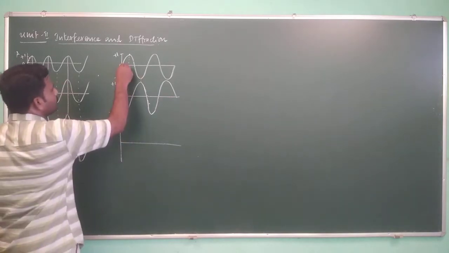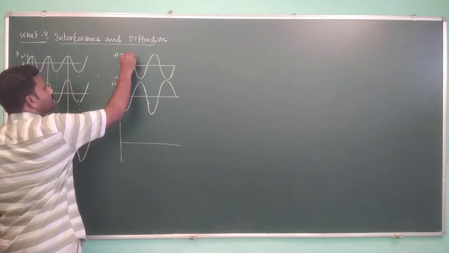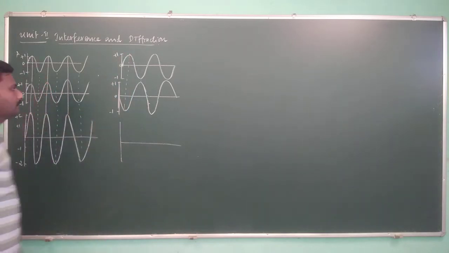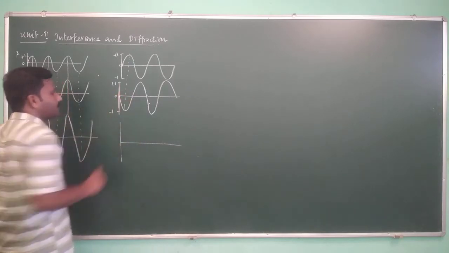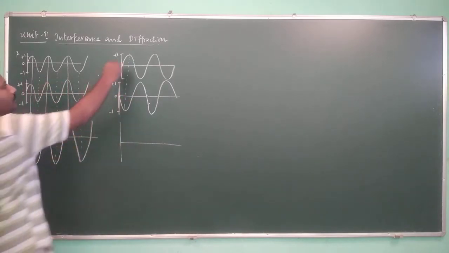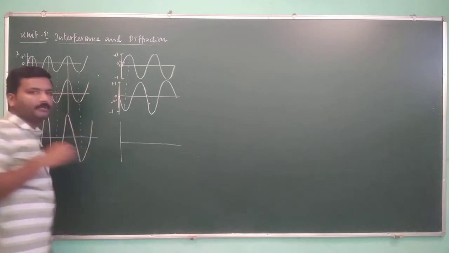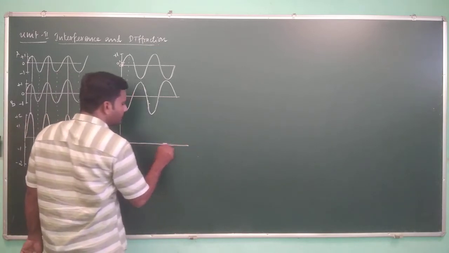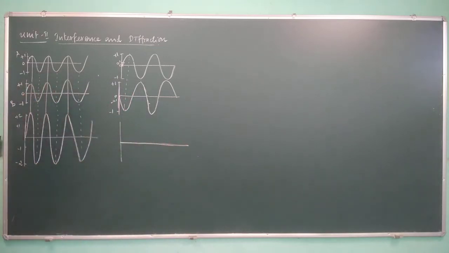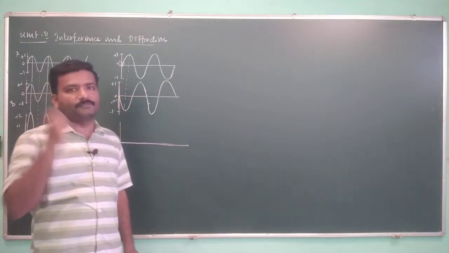So if you compare each instantaneous value, here the wave starts from 0 and builds up in the positive direction, whereas this wave starts from 0 and builds up in the negative direction. When you add +0.1 and -0.1, what will happen? It becomes 0. So what will you get here? You will get nothing. When you add these two waves, you don't get any resultant wave. Right? These are the two cases of two interacting waves.